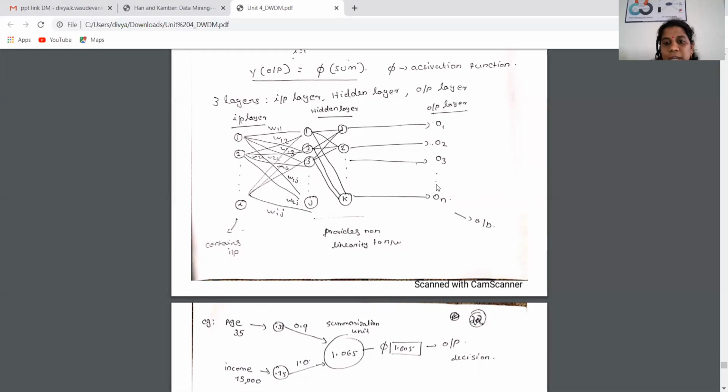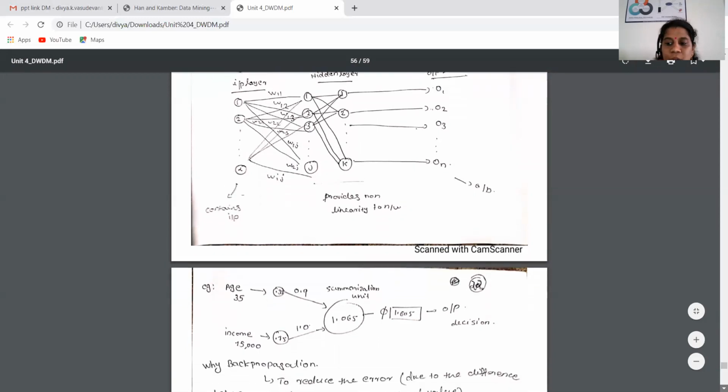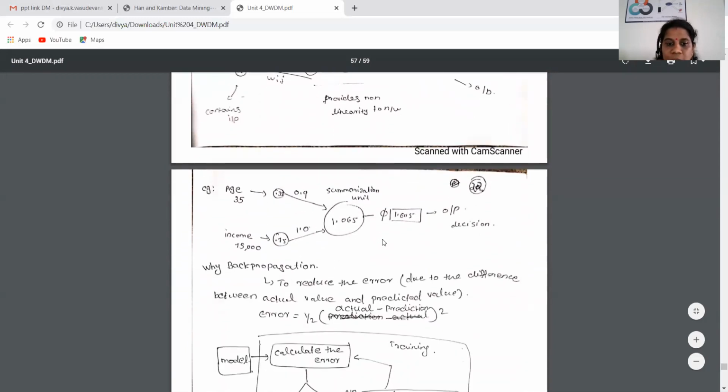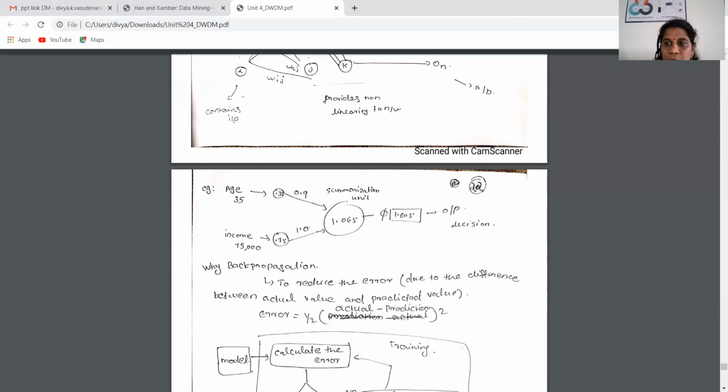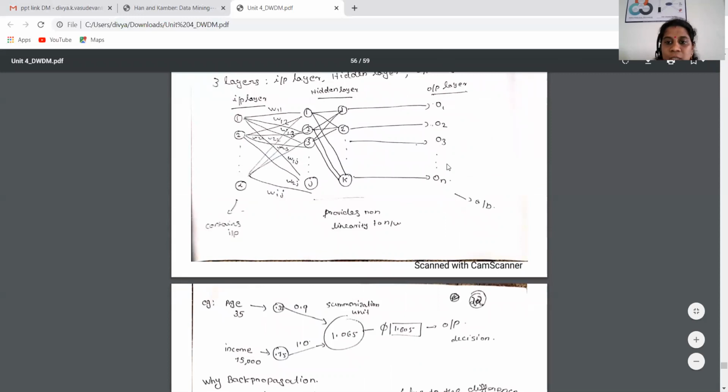So using that training data, we'll construct a particular neural network with a set of inputs, hidden layers and a set of outputs. And with the training data, we will assign the weights to all the edges in the network. Using the formulas, we will calculate the outputs and compare the output we got with our neural network and the actual output in the training data.